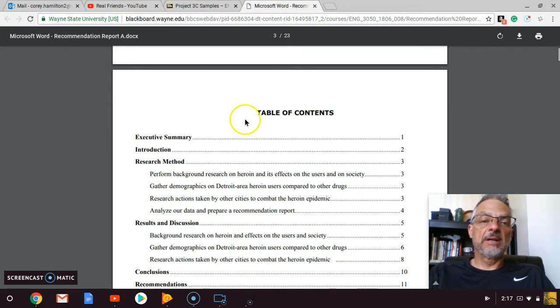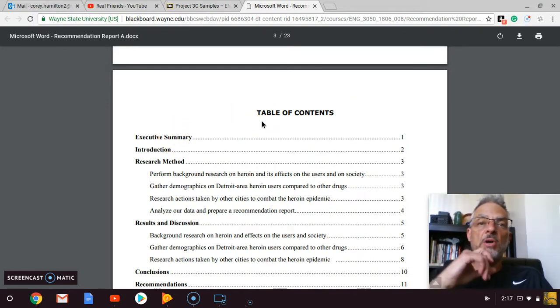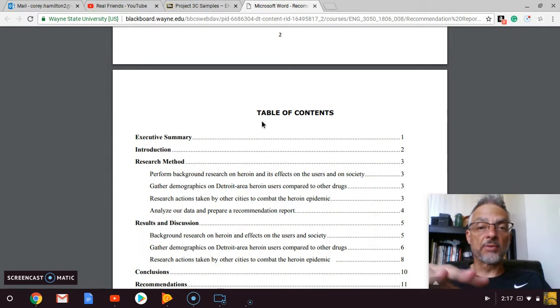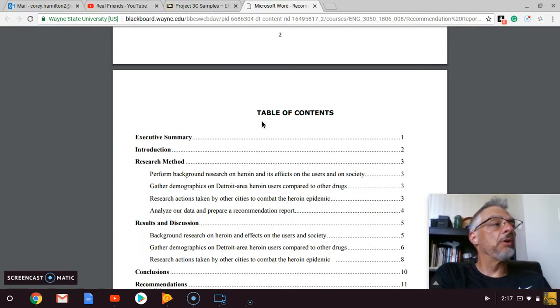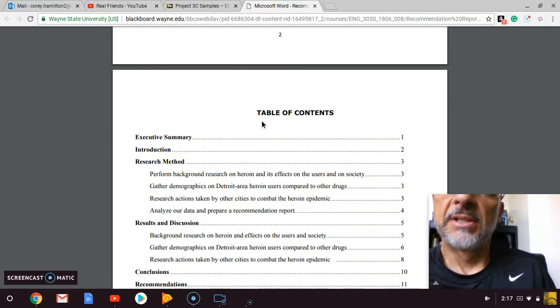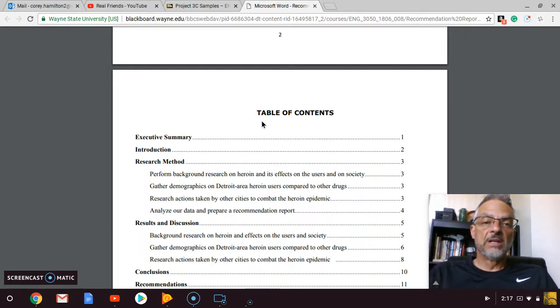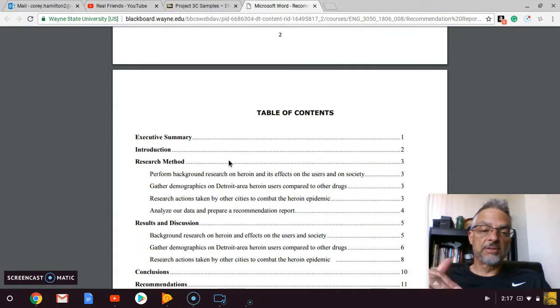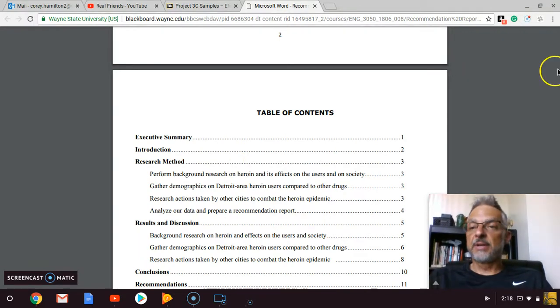And then you can see here there is no abstract. As I recall, I mentioned that, and I just want to reiterate it, because if you start on page 362, the next page is an abstract. I'm more concerned about the executive summary, which comes after the table of contents. So when you think about formatting, please feel free to use what's in here, starting on page 362, sans the abstract. Then you have the introduction, research method, results and discussion, conclusion, recommendation, and then